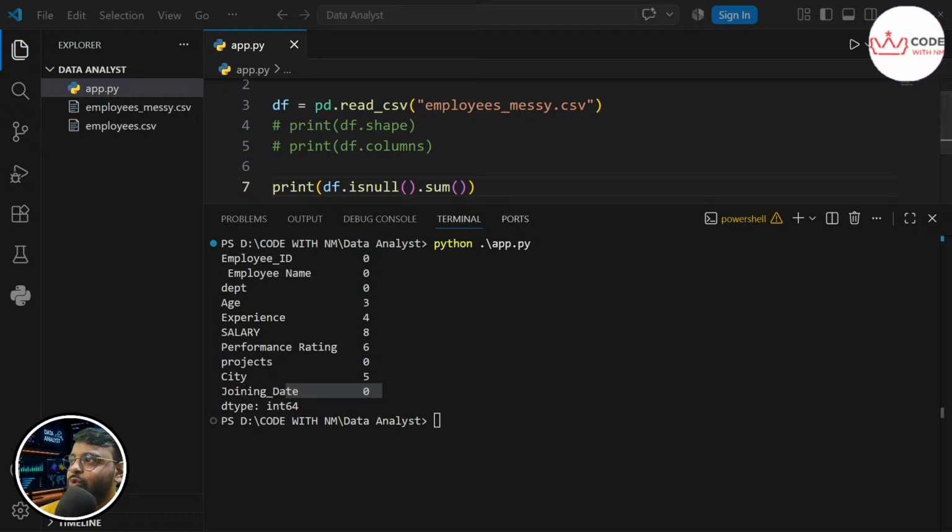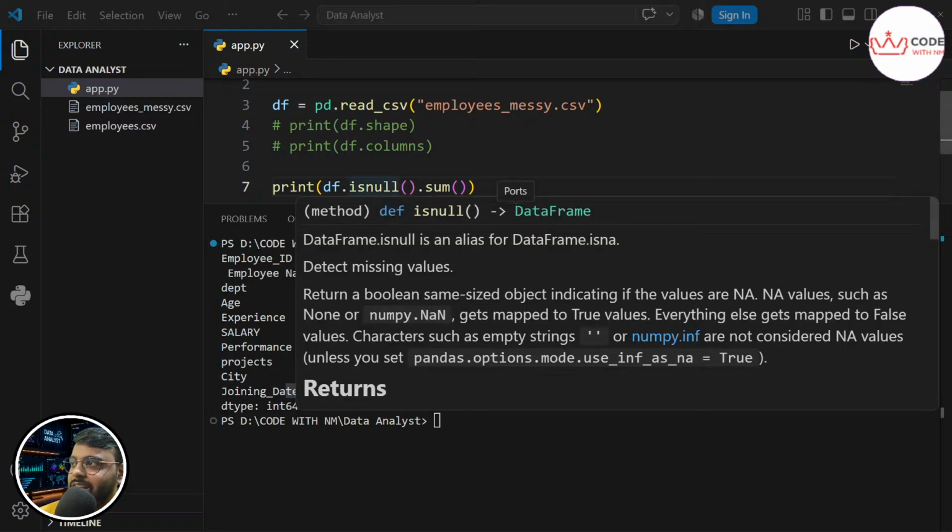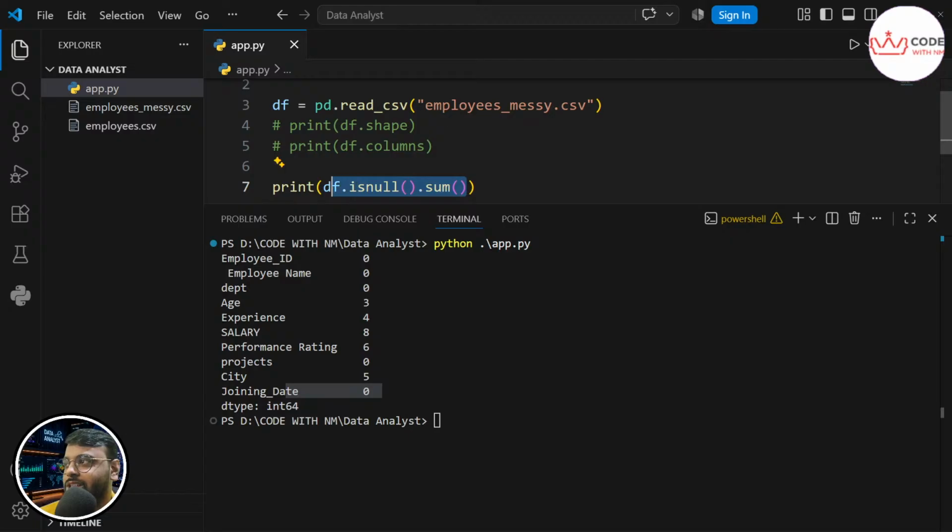So I've used two things, df.isnull and .sum. So what do these two things do,